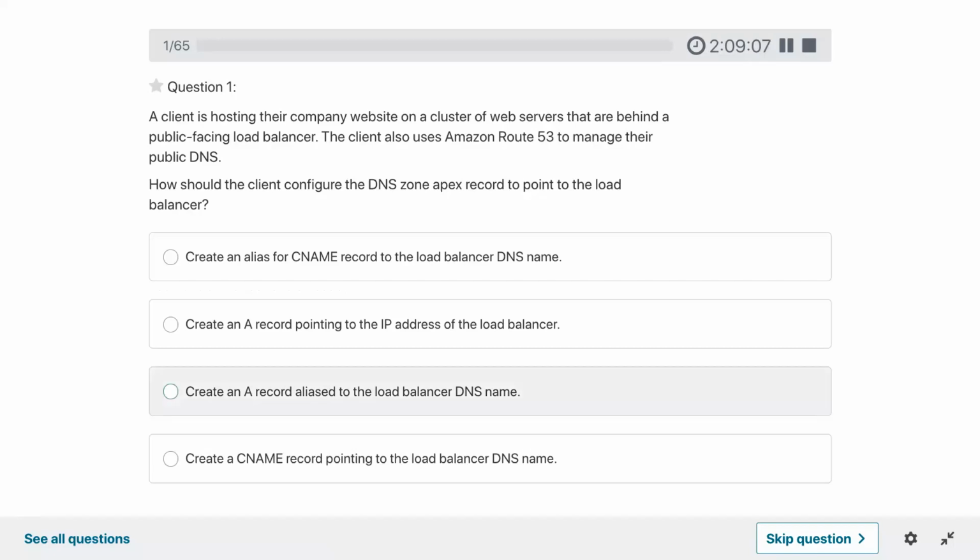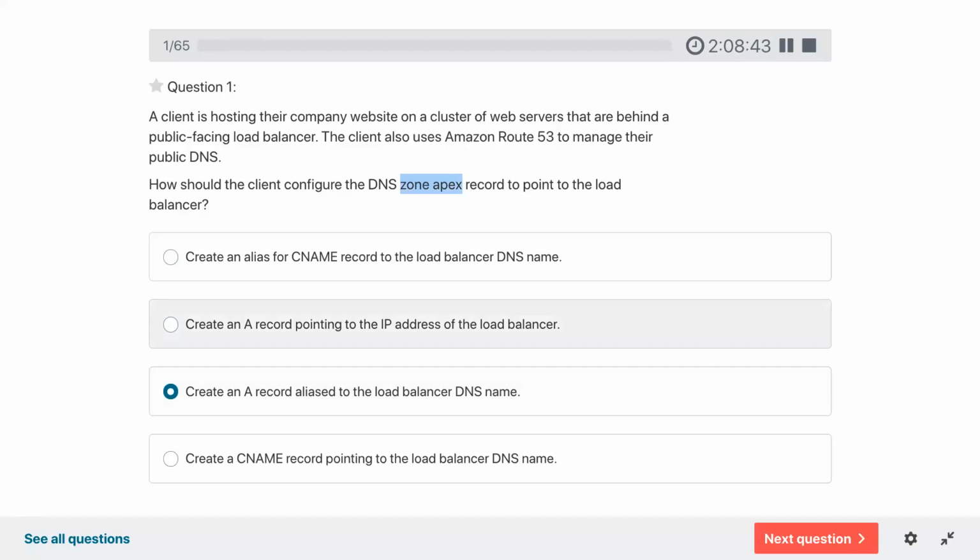So what is the apex record? For example, I have premasim.me. That is my apex zone. Otherwise, if I say yoga.premasim.me, that is a subdomain which diverts to my yoga website. So the zone apex record is supposed to get redirected in Route 53.